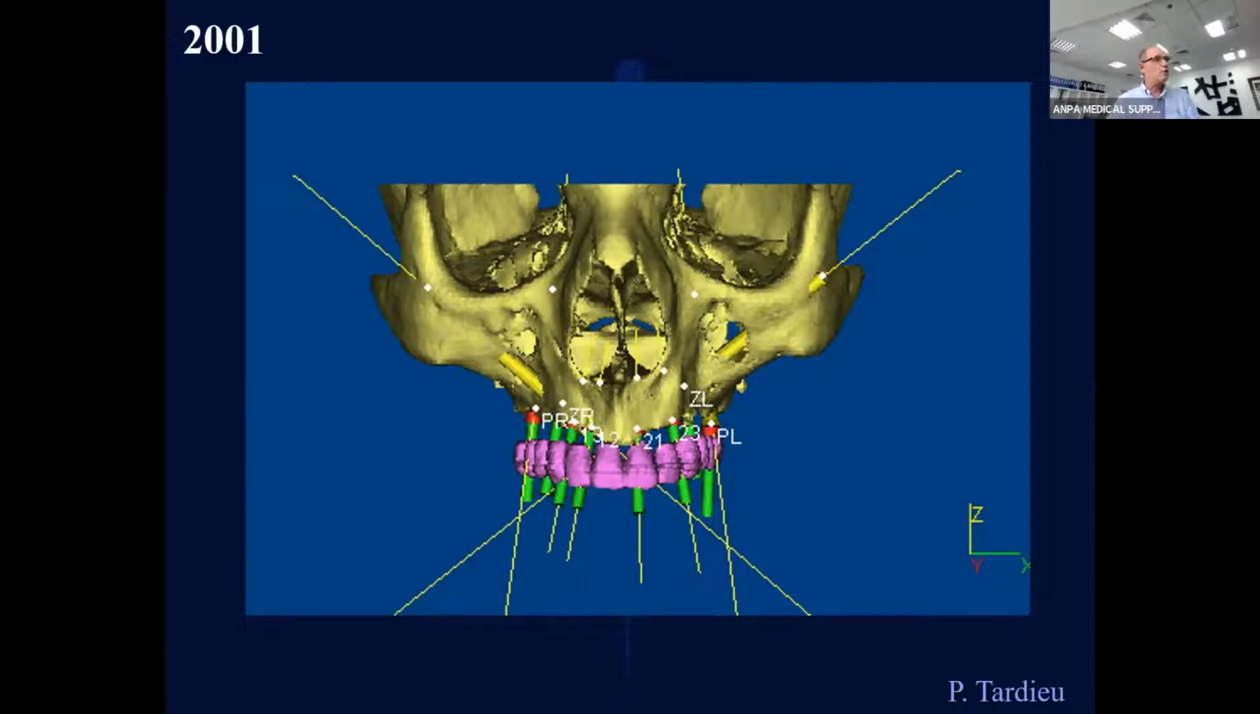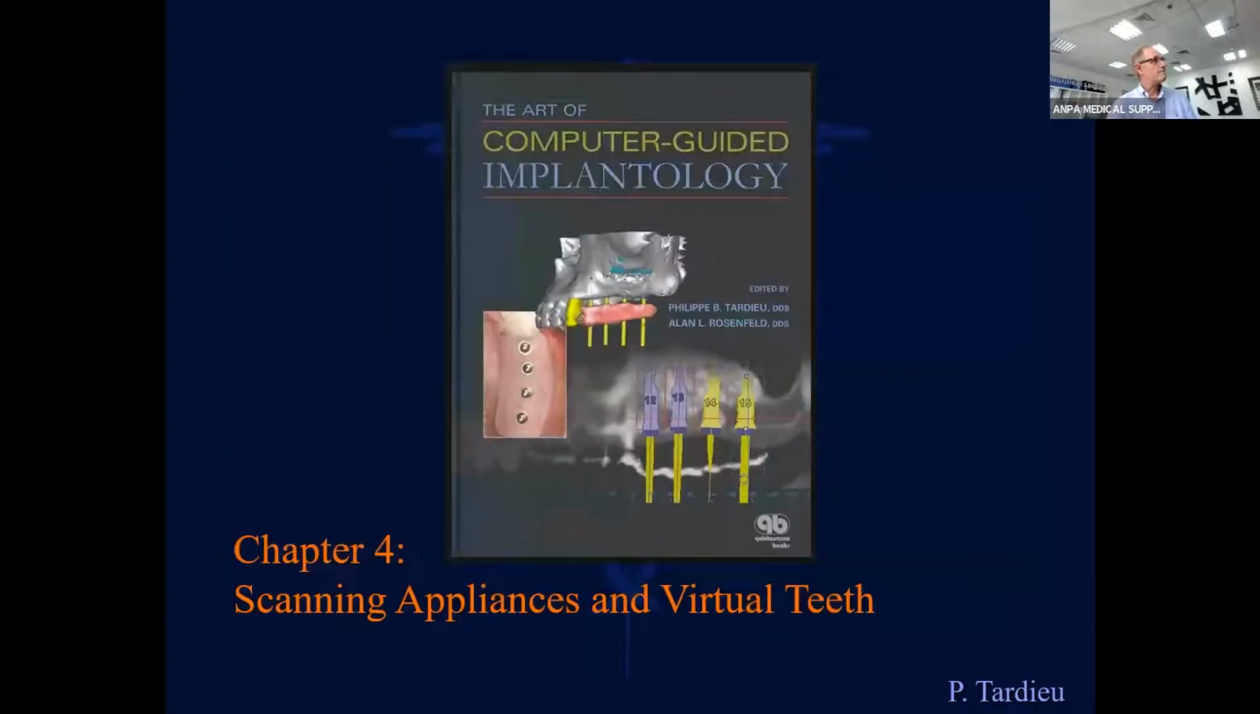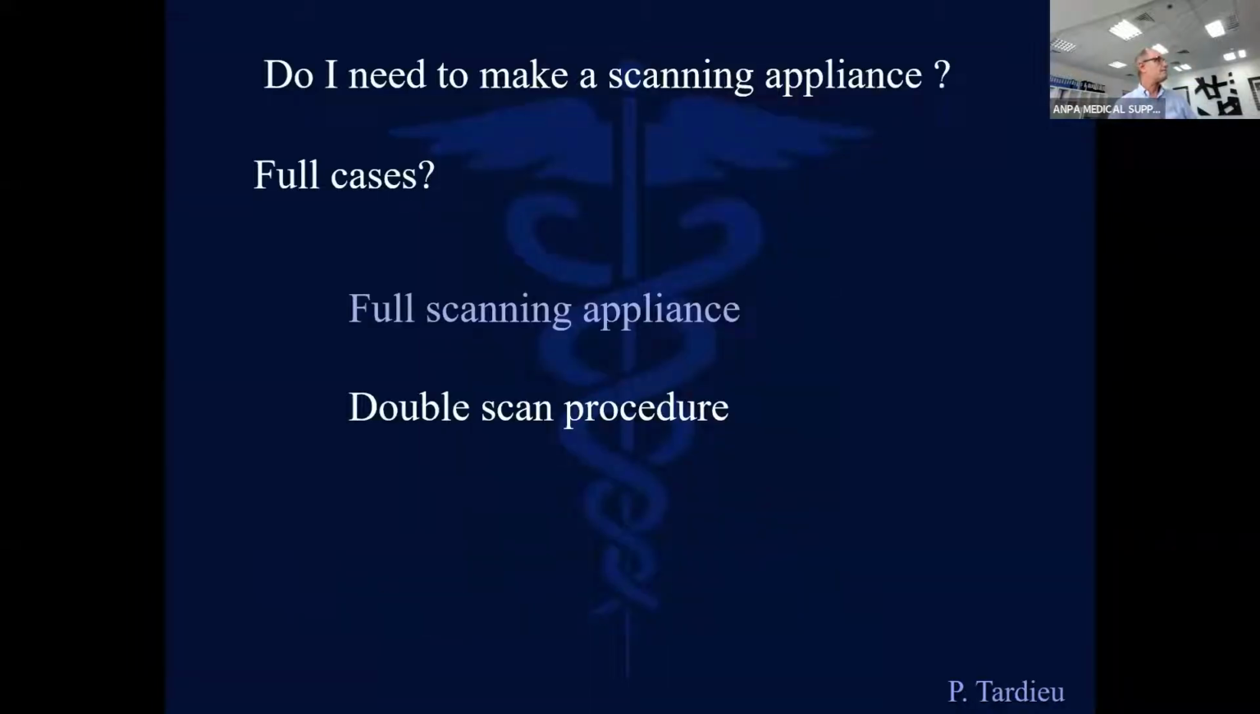I'm talking about what we used to do 20 years ago, and still today it is fully valid. This is explained in the Art of Computer Implantology book that we published with Alan Rosenfeld a long time ago, which is always valid today. So we've seen on full cases how we can manage with a full scanning appliance. You now know how to build a full scanning appliance, and what it will give to you. But if we have a good denture,